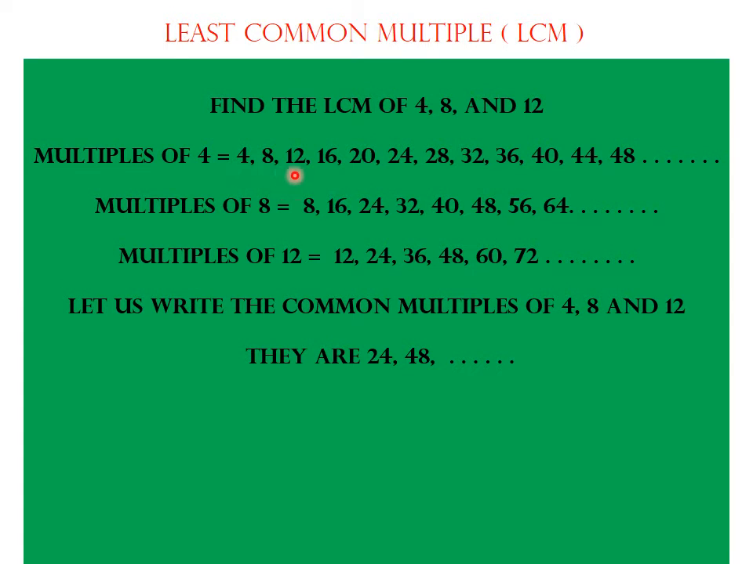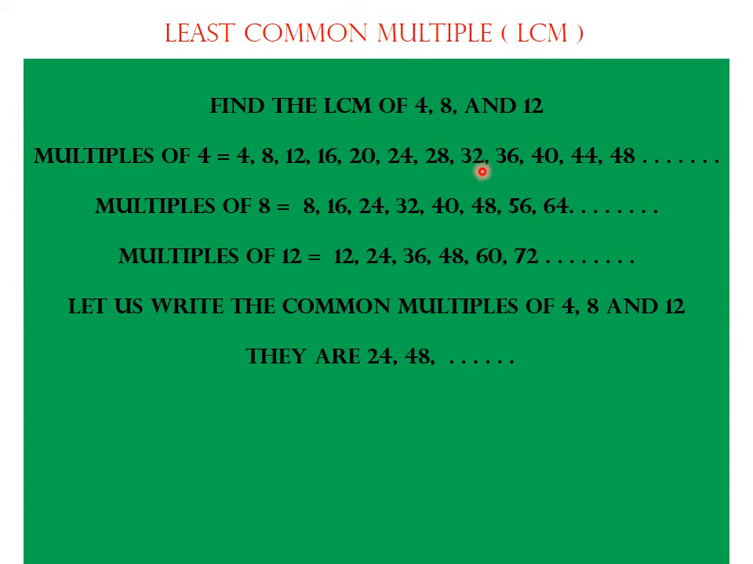By observing the multiples, we find that 24 is the first common multiple. 24 is the multiple of 4, multiple of 8, multiple of 12. Therefore, 24 is the common multiple of all the three numbers. Then,